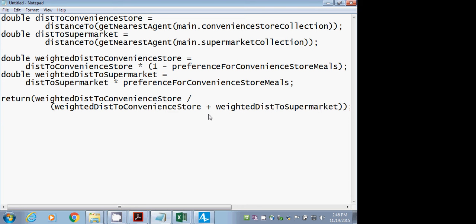And then I basically say, okay, I'm going to take the distance to the convenience store divided by the ratio of that distance to the sum of those distances, and that's going to give me some indication of the likelihood that I'm going to go to the convenience store. So if it's a very high weighted distance to the convenience store, then I'm going to have a very low chance of going to the convenience store. Okay, wait a minute. Did I copy that down wrong? This should actually be, sorry folks,